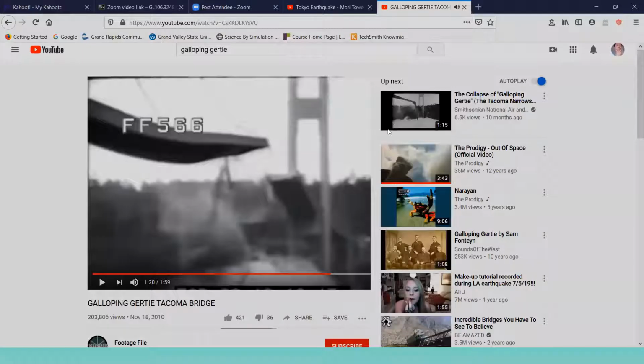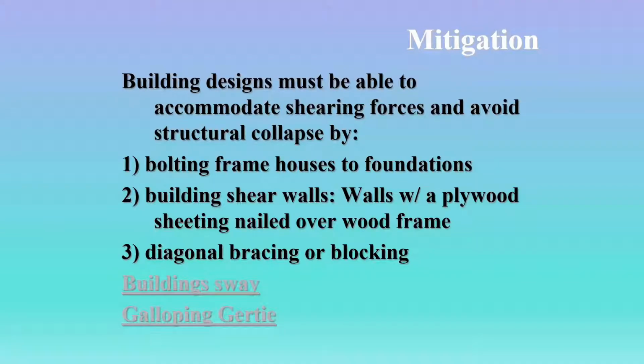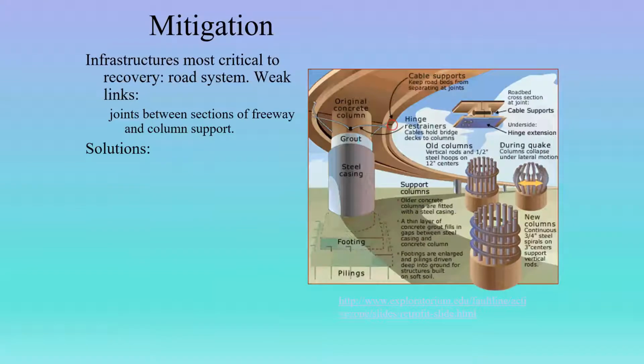Intense. Hopefully you get the point on that one, right? So, not always the tallest building that's going to be the most vulnerable. It's the building that has its natural resonance frequency at the same frequency that the earthquake is vibrating at, or multiples thereof, right? So again, Galloping Gertie gives us an example of how even just a small force like that wind can generate, if you hit the right frequency, just massive effects.